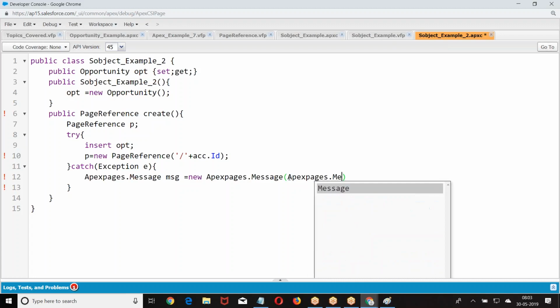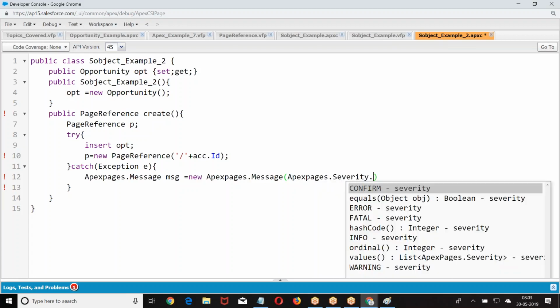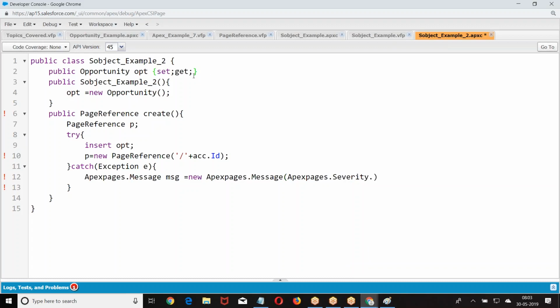Satish, I understand that point. So my question is, instead of creating the reference variable memory inside the method, why are we taking it as a variable and referring to it? I'm not getting you. Where are we taking a method? Okay. So let's say I can allocate the memory like this, right? Opportunity OPT is equal to new opportunity. First, tell me which line you are speaking about. Line number 4. Okay. What is the other way you are trying to tell? Okay, I removed it. Tell me what is the other way.